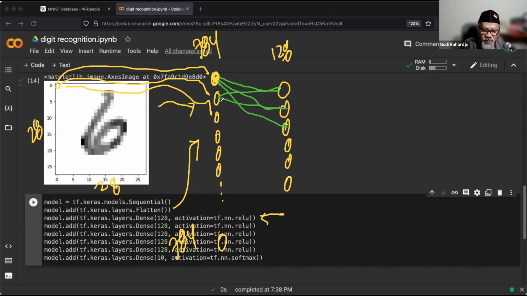So the connection is kind of messy. This is what we call dense. So that's why it says dense. Okay. Is 128 a variable, or just a constant that we put in this example? We can make it 256. We can make it 64. It's basically trial and error, kind of.